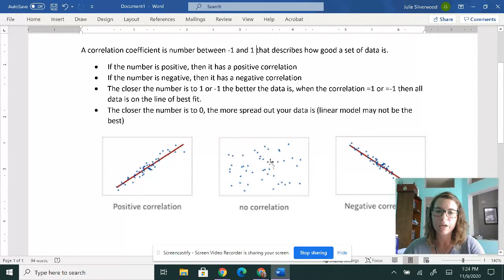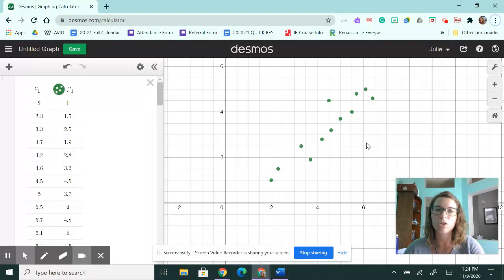If it's close to 0, we're going to get a picture in the middle like the no correlation graph. And again, it could be maybe something spread out like this one, or it could just be a different shape as well. All right, we're going to head over to Desmos, and now we're going to look at some data